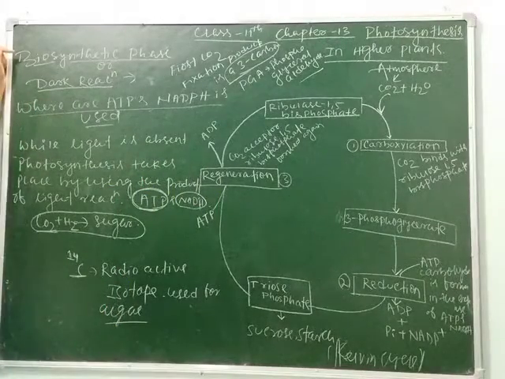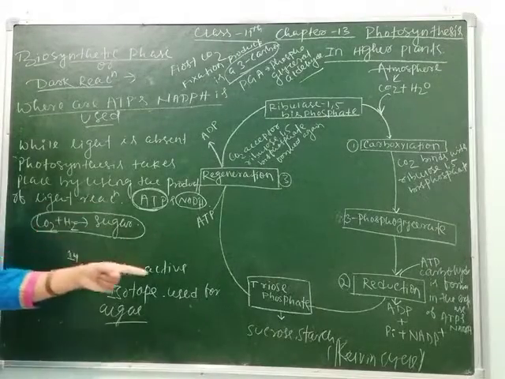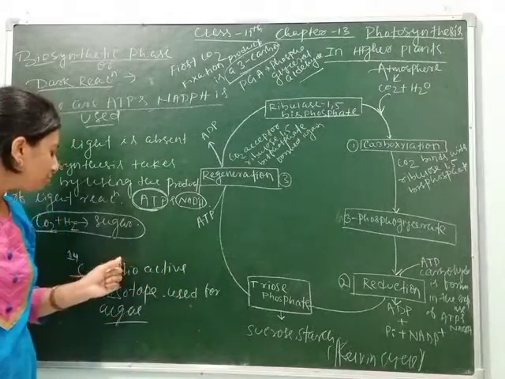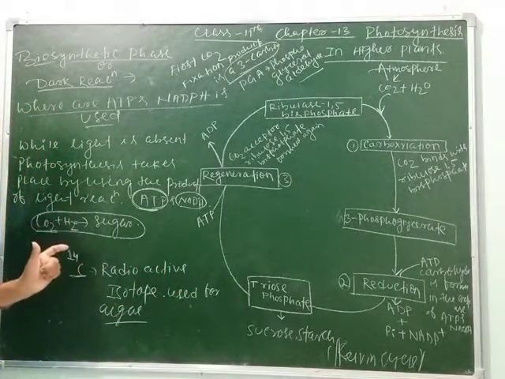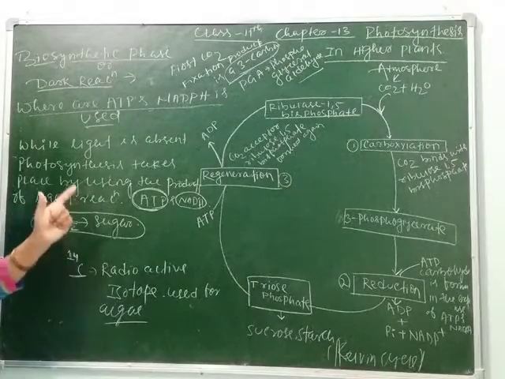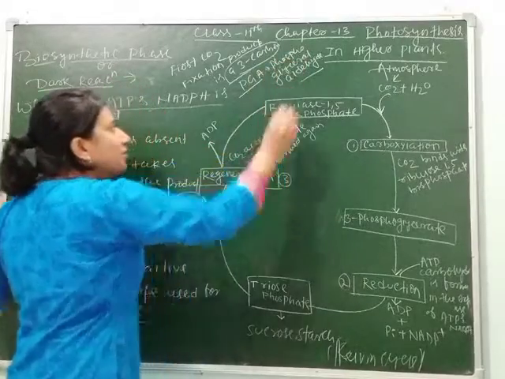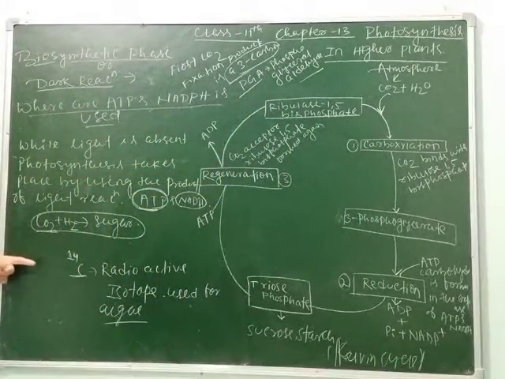That's why it is also called the C3 cycle. So here I have told you Melvin Calvin did his experiment on some algae by using the radioactive isotope of carbon, and he found that the carbon product was a 3 carbon source, called PGA, which means phosphoglyceraldehyde. So what happened to this PGA?